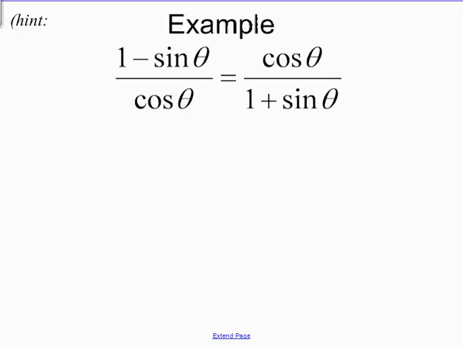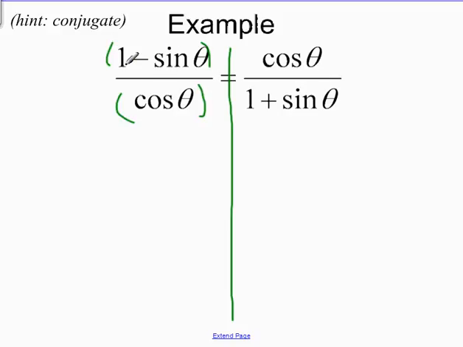Alright, this last one, give this one a shot. It's a little bit tricky, but we'll go over it also in class. And here I give you a hint, the conjugate. If you don't remember what a conjugate is, you learned in Algebra 2, it's what makes the difference of squares. So here, if I'm multiplying the left side by the conjugate of 1 minus sine, I would be